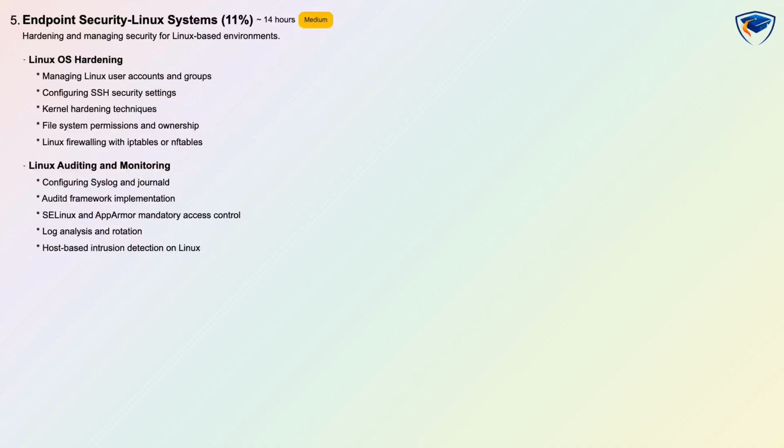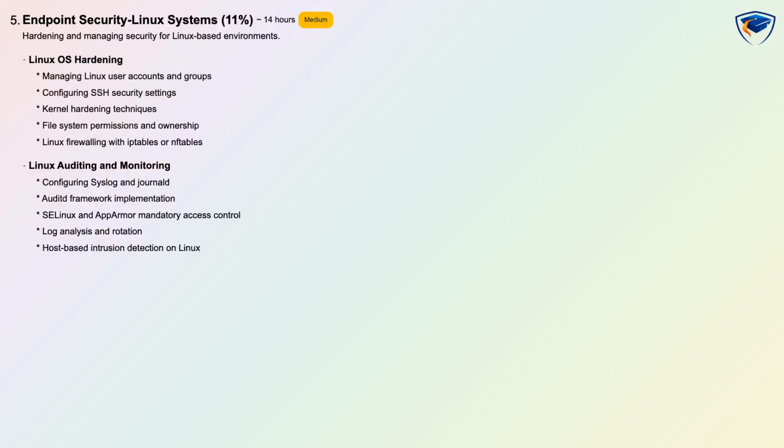Endpoint security for Linux systems is also 11% and concentrates on securing Linux environments and services. Topics include managing users and groups, SSH configuration, kernel hardening, file system permissions, iptables or nftables firewalling, audit implementation, SELinux or AppArmor, and log management. This medium difficulty domain recommends about 14 hours of hands-on and conceptual study and is assessed with practical and theoretical